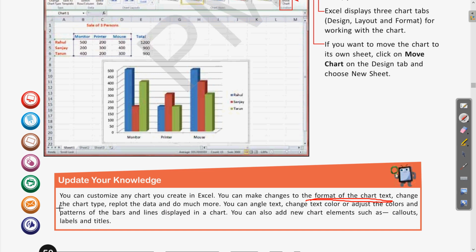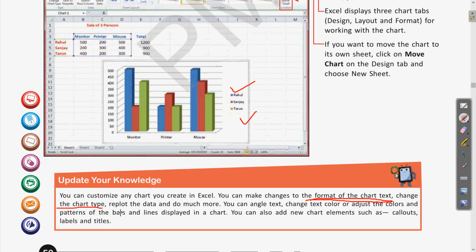Then change the chart type. Okay, so if the chart is right now a column chart, and you want to try it as a line chart or pie chart, clear? So we have all this facility for the same chart which we have just created. If you want to change the type of that chart, we have that facility. We will see how we can do those things.